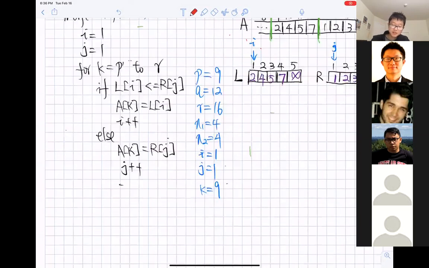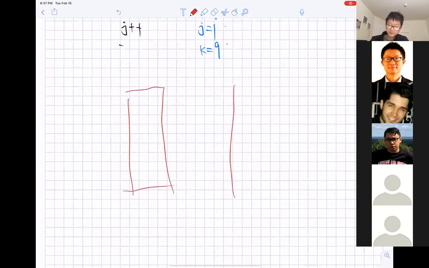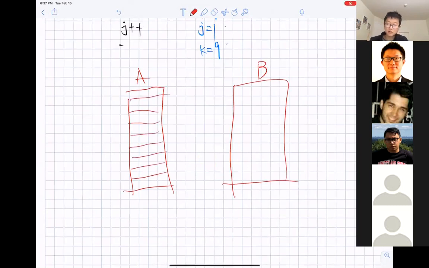Here, if our class has two columns, this is column A and this is column B, and each column is a list of students, and in each column the students are ordered from the highest GPA to the lowest GPA. Let's say we got a student called Alice with the highest GPA in A, and Bob with the highest GPA in column B.